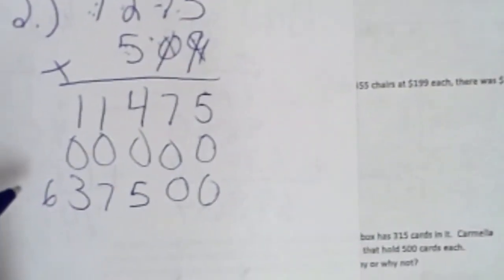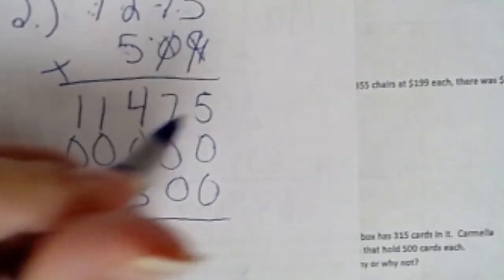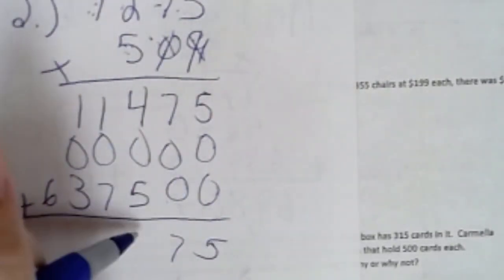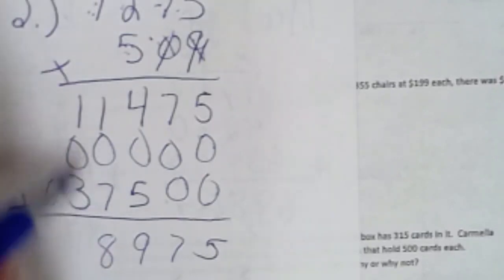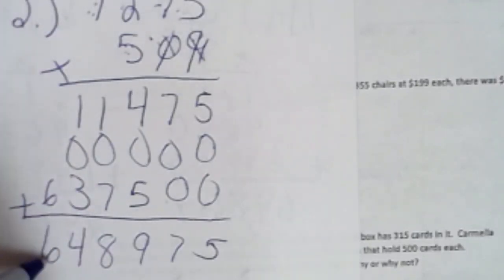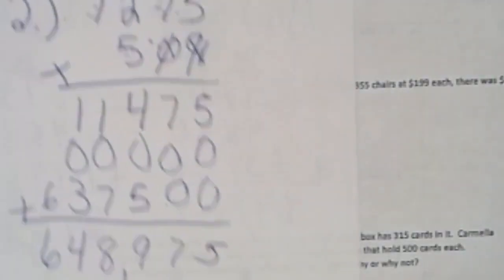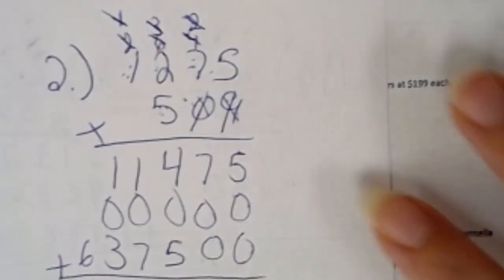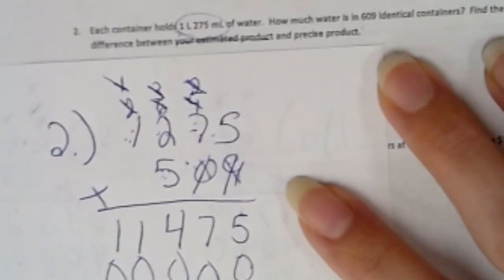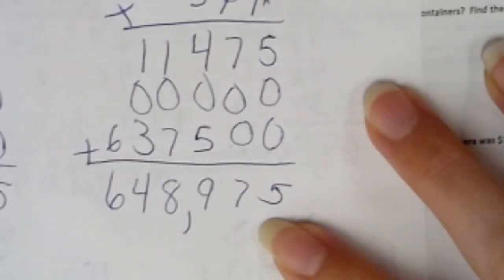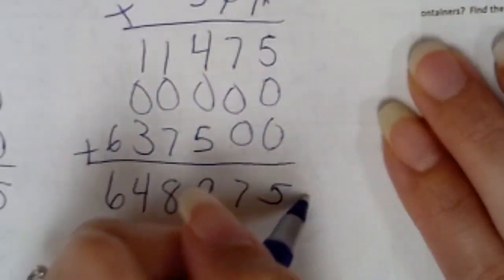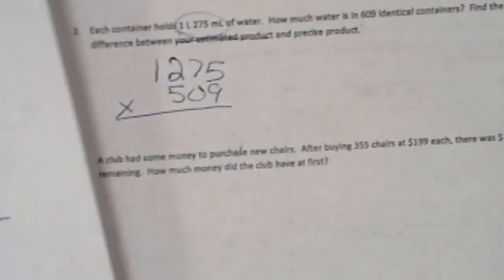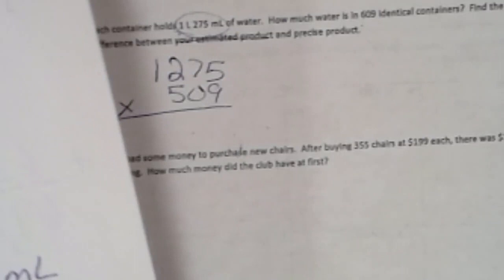We're going to add our partial products. This is 5, 7, 9, 8, 4, and 6. So out of 509 identical containers, they would have 648,975 milliliters, because that was the question, how many milliliters. All right, so number 3